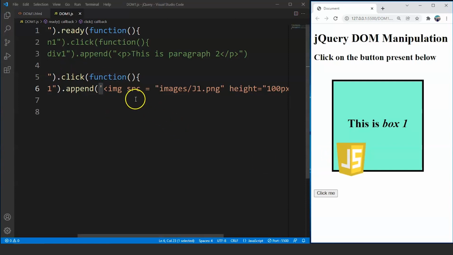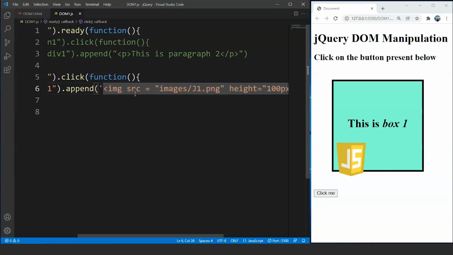For that we can pass the ID over here as well, and then we can define those properties inside the CSS file with that particular ID. Fine. I hope you guys can do it by yourself. Now, the following method is the prepend method that does the same task, but it adds the element at the beginning of the box. Fine.